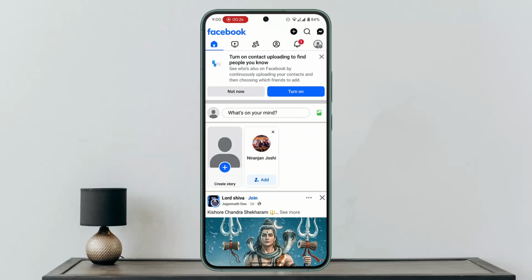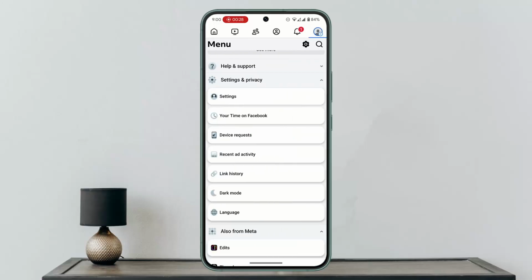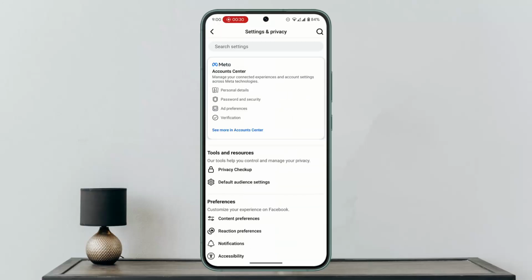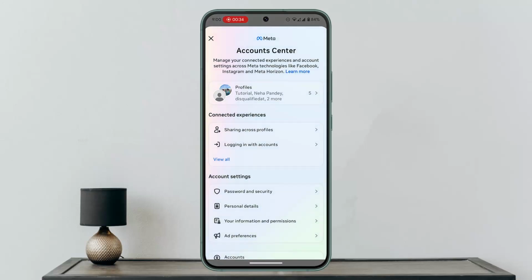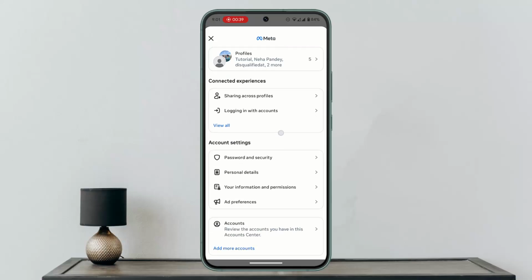Then what next you want to do is click on the menu bar in the top right, go to the gear icon from the top right once again. Then you want to scroll down or just go to See more in Accounts Center. As you do it, what next you want to do is there are two different ways to actually remove an account